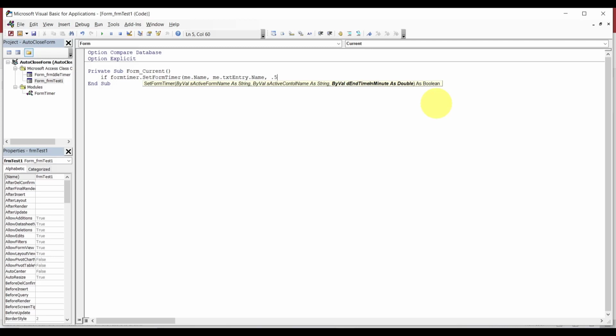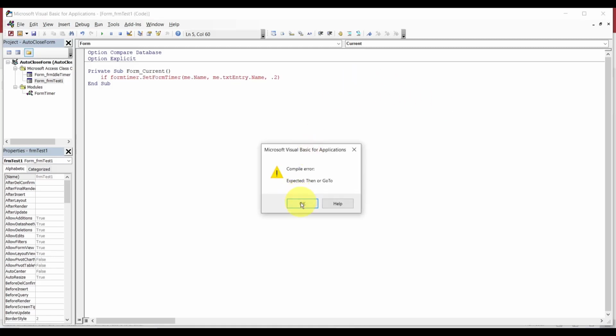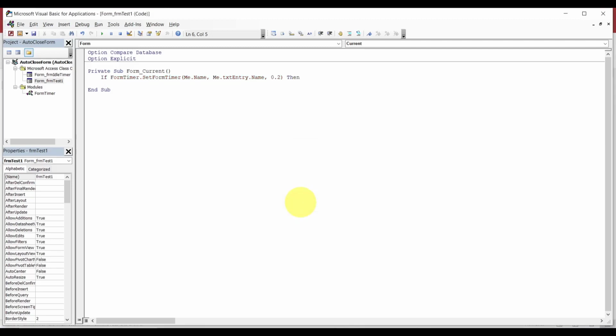So 0.5. All right, 0.5 is a half minute. That's 10 seconds. All right, so we're gonna check on the 10 seconds. Ooh, my bad. If, then, and if. And then once this is done, we want to call